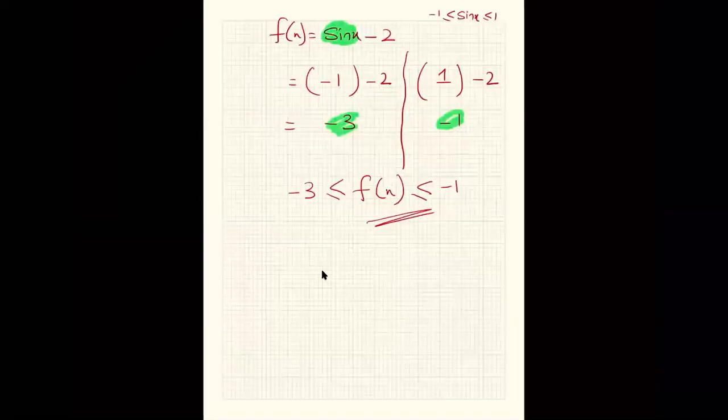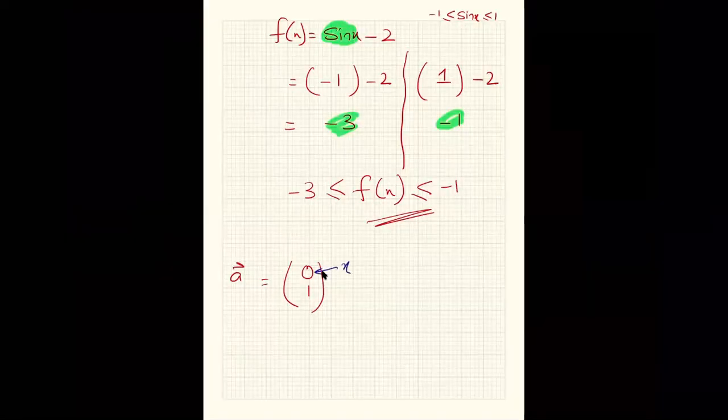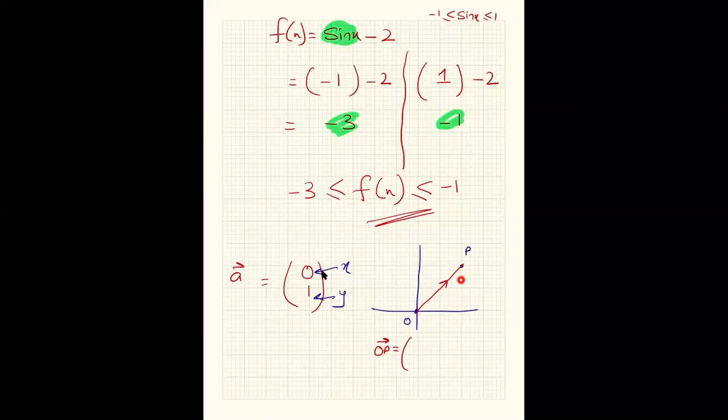Okay, do you remember what a column vector was? Yes sir. So this is in the form of a column vector, like if I write this, a column vector where this represents the x component and this represents the y component. If I say this is the point O and this is a point P, and I make a vector connecting O and P, that vector is going to be termed OP. So what would its column vector be? To go from O to P, you have to move 2 units in the x direction and 2 units in the y direction. So its column vector would be 2, 2.